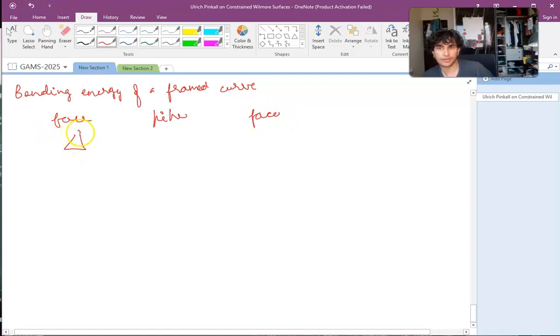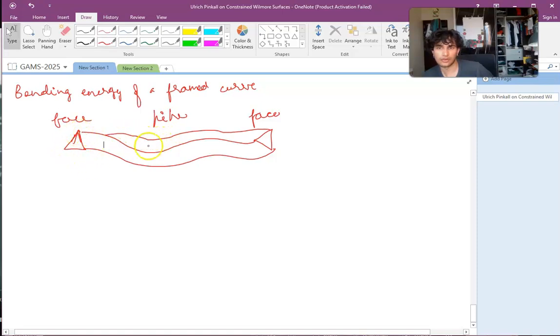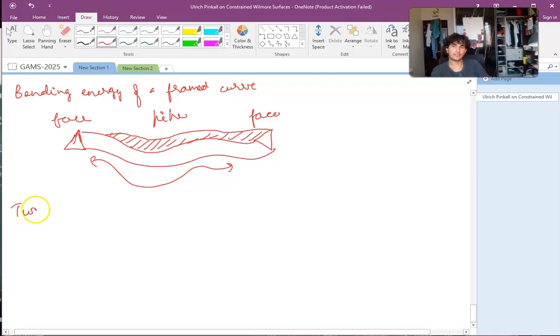So let's put a square like this. A triangle. And there's that. Okay, cool. So if I just shade this part just for the sake of aesthetics. Okay, so this is our framed curve, okay? And now what I'm going to do is, instead of considering the whole curve, to measure the twisting that occurs, let's quickly check that twisting